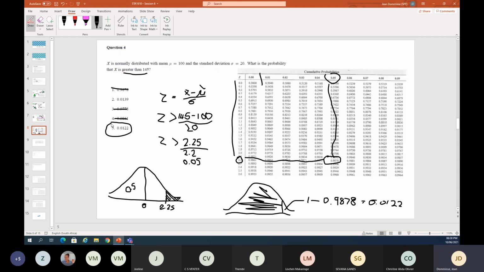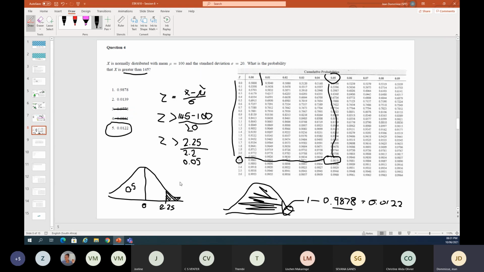Okay, so what you will see is that there was the answer for that. If you just went straight to the table with 2.25, your answer would have been there as well to take. But because we said it needs to be bigger than that number, we basically know that we need to look for the small value. So it is 1 minus that. Very similar to the previous ones.